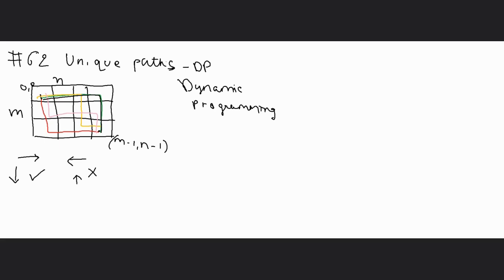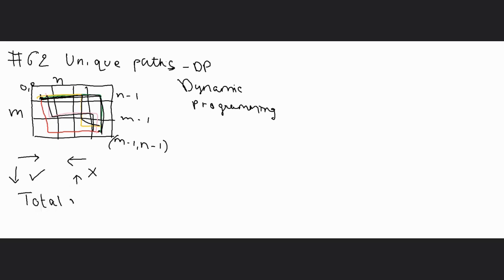If you start from here, we are going all the way right, so we are making n minus 1 moves, and then we are going down, which is m minus 1. So in any path, the total number of moves that we are making